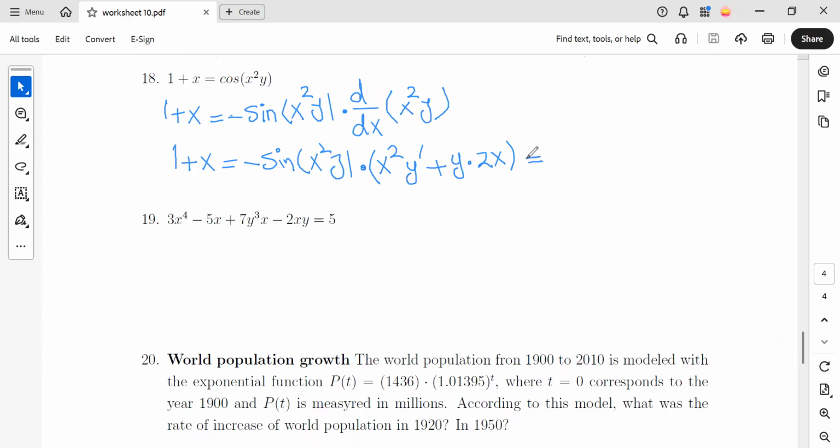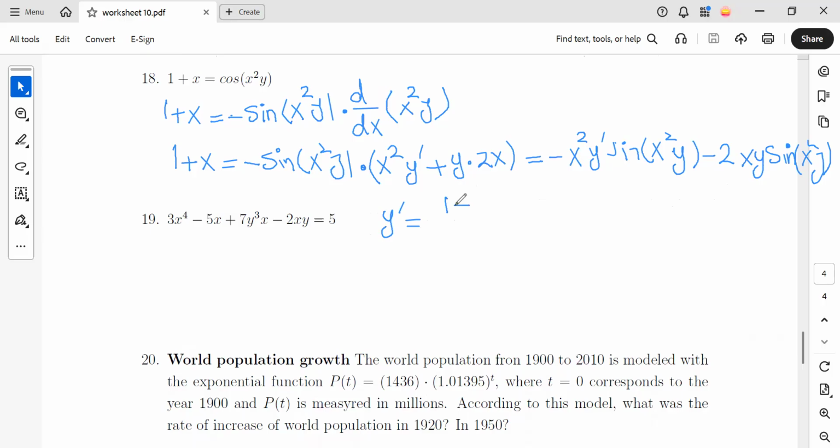So you have to multiply this, you would get negative x squared y prime sine of x squared y plus minus 2xy sine of x squared y